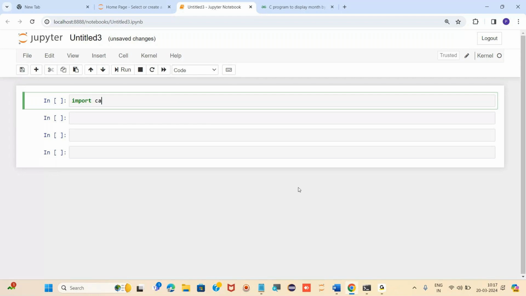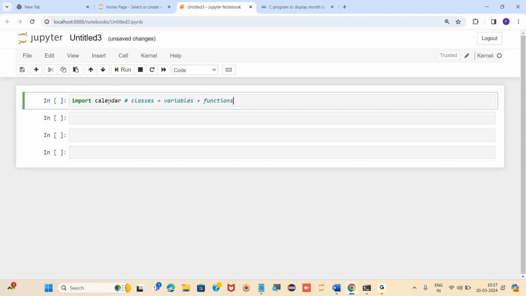Let's suppose I'm writing import calendar. What are we doing? We are importing it. Inside this calendar module, we'll be having classes plus variables plus functions, right?